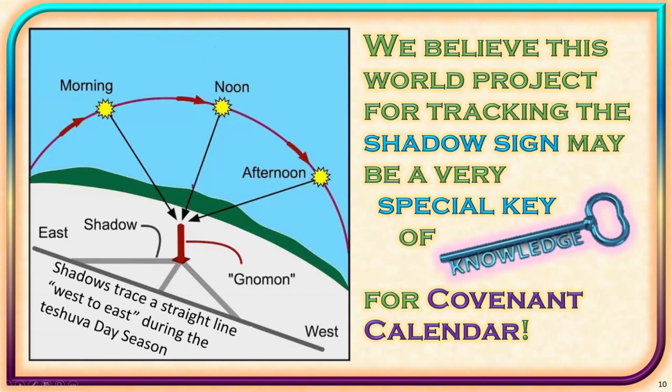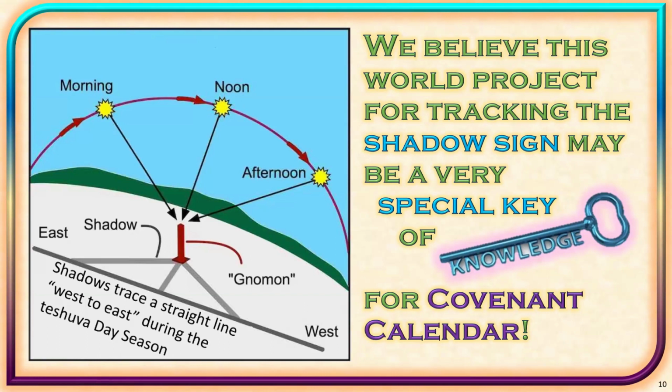And then at noon, high noon is a good time to mark. It casts it here, and in the afternoon, it will cast the shadow in this direction. And if you mark these points and draw your line, it will be straight 2 days of the year. Well, we believe this world project for tracking the shadow sign may be a very special key of knowledge for